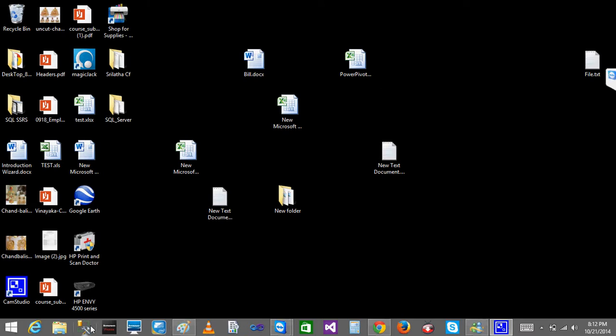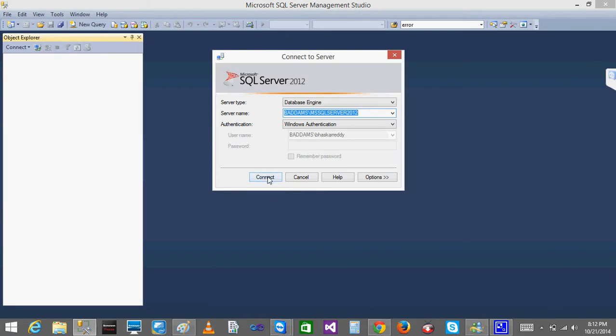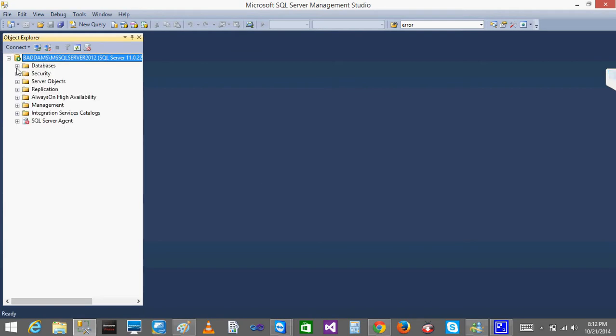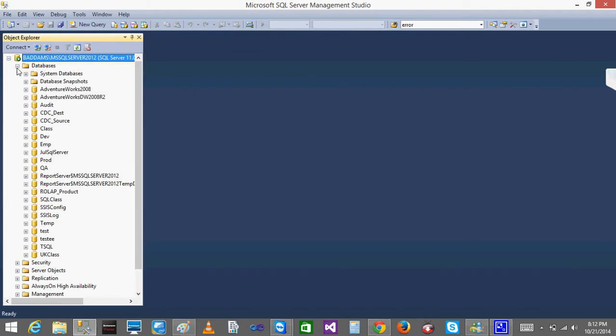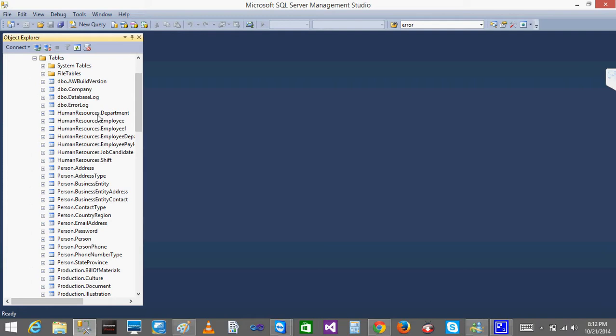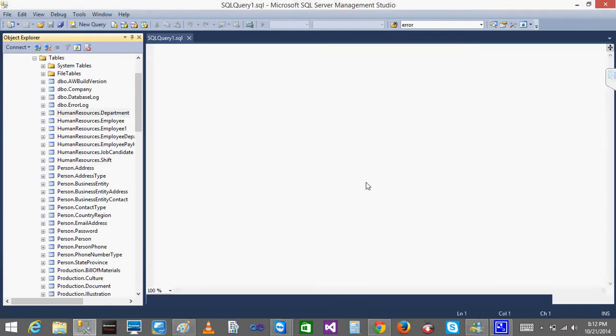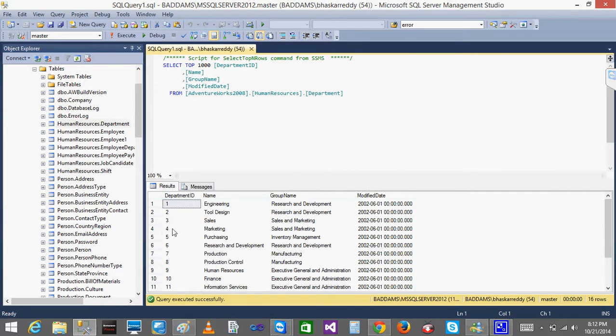Now, we are going to see one example of the cursor. A cursor is always related with a while loop. Whenever you create a cursor, you will definitely be using a while loop for that. That is a must. Okay, let us use some data from AdventureWorks, the Department table. I think it has 16 departments. Okay.